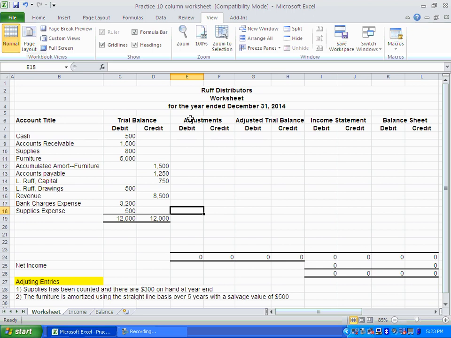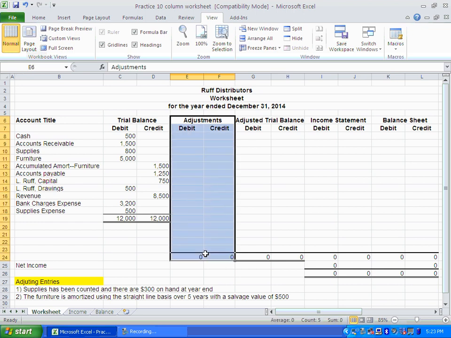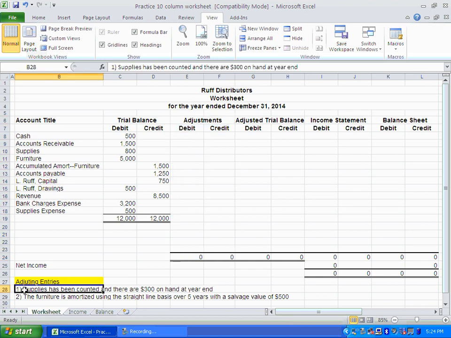So first thing you want to do is go to your adjustments column. We'll have to do our adjustments. Now we've done adjustments for activity 5 and 6, and we're going to do them again here. For our purposes, I've just got 2 simple ones that I'm going to walk you through. There might be more when it comes to other worksheets, maybe up to as many as 6 or 7. I've just got 2. The first one reads that supplies have been counted and there are $300 on hand at